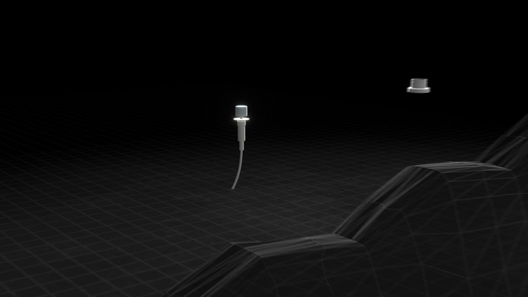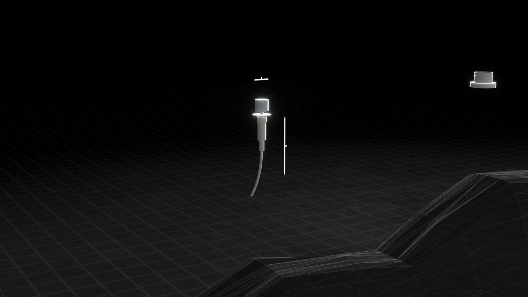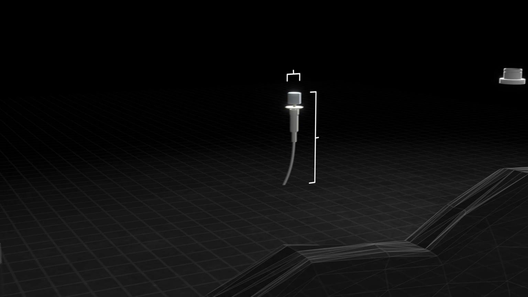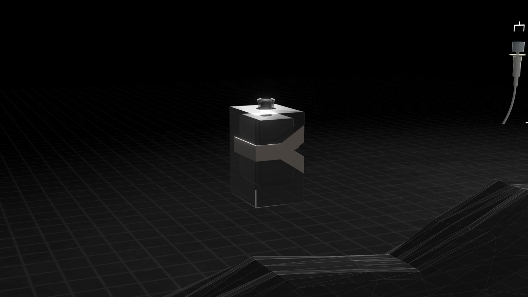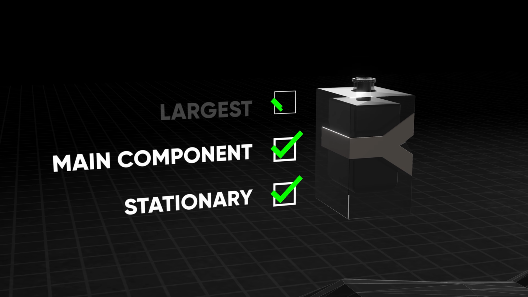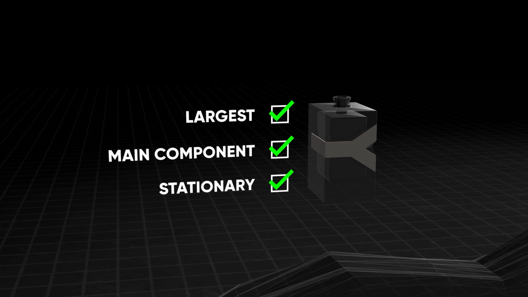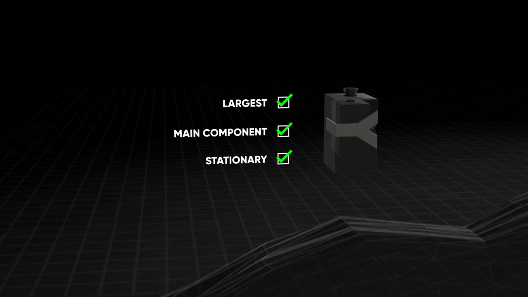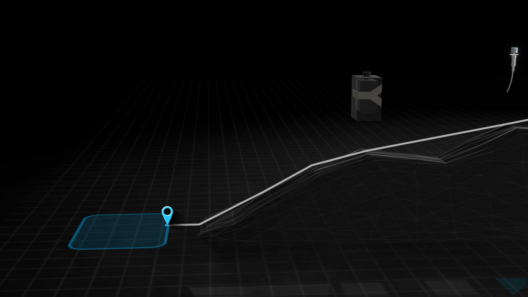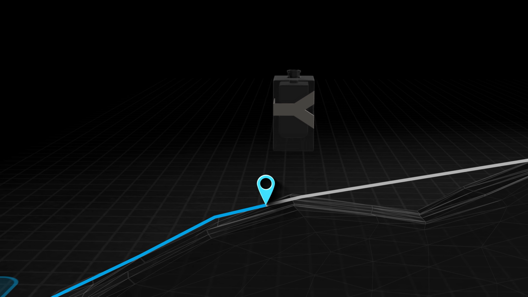The sprayer is standard, so we don't need to model it. Just knowing its dimensions is sufficient. It makes sense to start with the glass bottle. It's stationary, it's the main component, and it's the largest. Three reasons why I'm choosing it as my first objective. This milestone essentially becomes a smaller hill for me to climb, but I need to break down my steps to